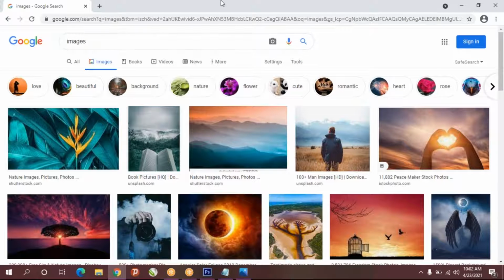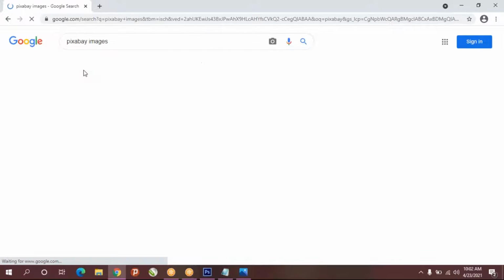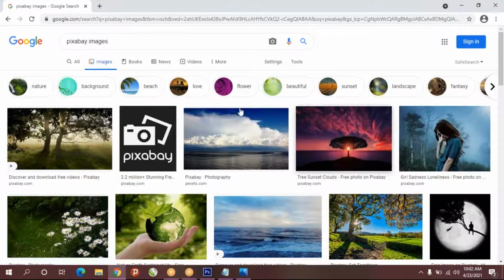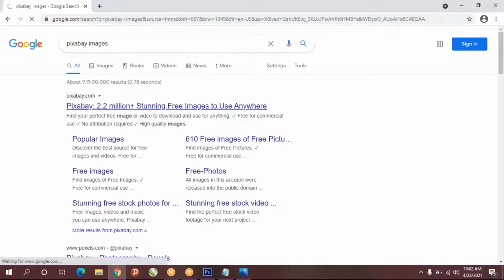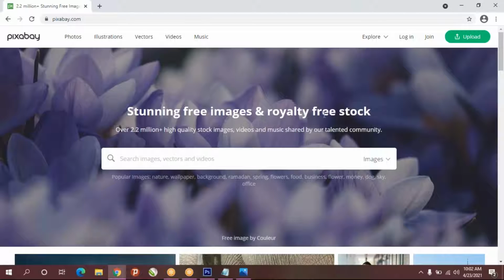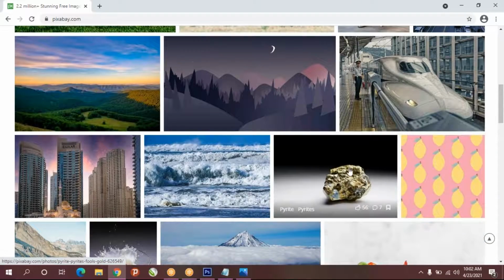If you want to download some high quality images, I'll give you one website name called Pixabay. From Pixabay you can download high quality images. Type Pixabay and go to pixabay.com. Just click on that. You will get high quality images at no cost.